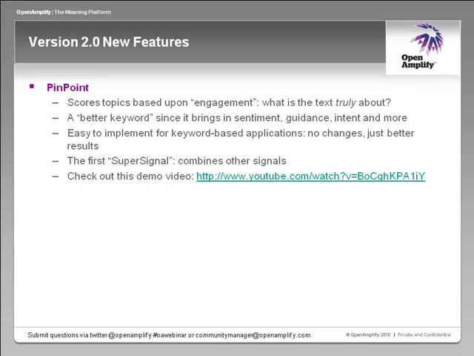Just because I mentioned something a number of times doesn't really mean it might be the focus. But in trying to decompose what it is that leads us as humans to decide that something is more important than another, and related to the signals that we produce, we reach some pretty strong conclusions that things about which people express sentiment, or things where they express some intent to do something, or start offering guidance about it or requesting guidance about it, these tend to be the topics with which they are the most engaged. Therefore, the Pinpoint algorithm scores on the combination of all of these signals to bring out the most truly relevant topic, or a better keyword in effect, since it brings in all these things together.